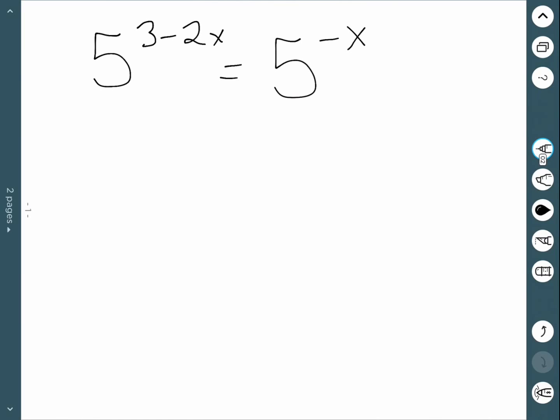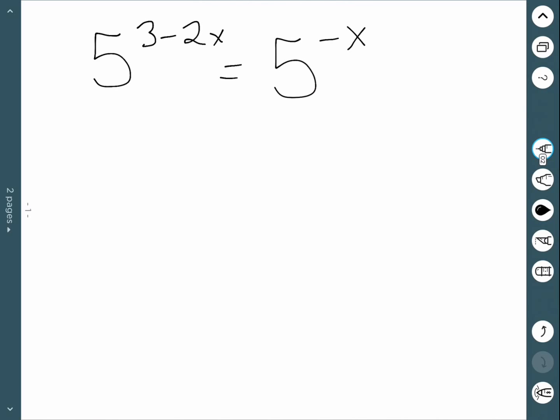We'll now look at solving exponential equations. So essentially an equation with the variable that we're looking for in the exponent. As an example, we could have 5 to the 3 minus 2x equal to 5 to the negative x. And there's going to be two different ways to solve these, and we'll start with the easier form, which is